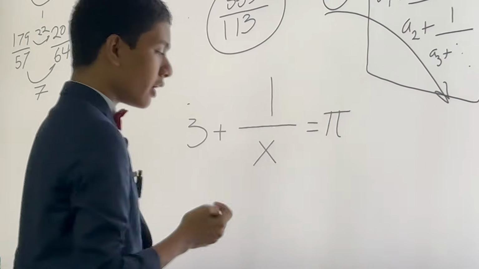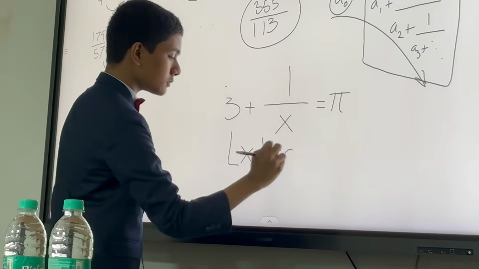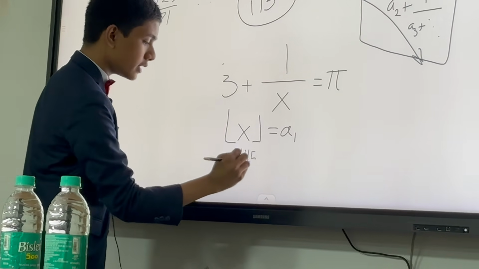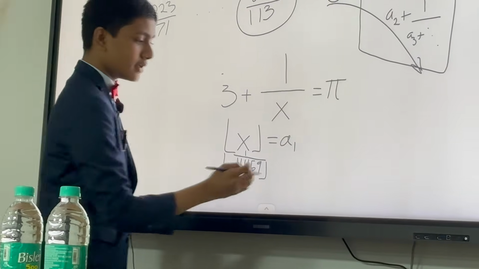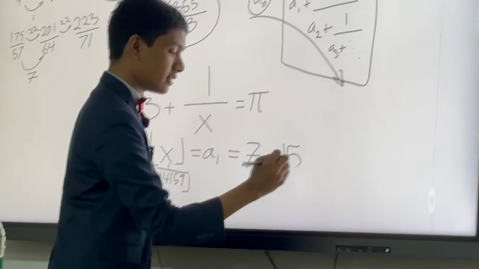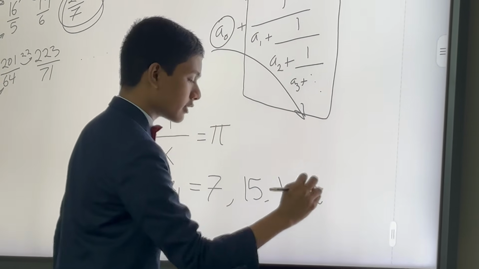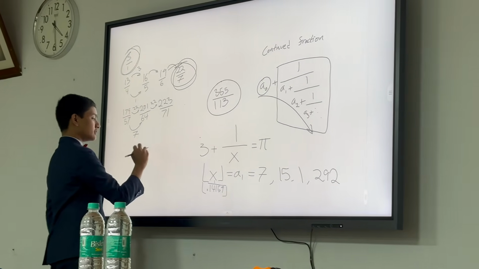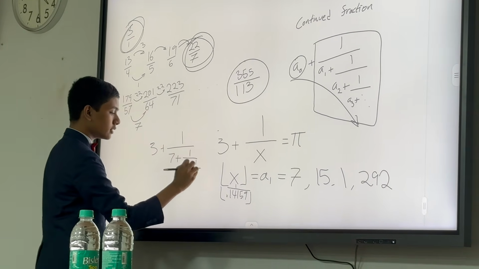So this is equal to pi, we just have to take the floor of x in order to know what's next. And in this case, since x ends up being 0.14159, well, 1 over 0.14159, it's going to be 7. And then next after that, 15. And then next after that, 1. And of course, next after that, 292. So the continued fraction we get is 3 plus 1 over 7 plus 1 over 15 plus 1 over 1